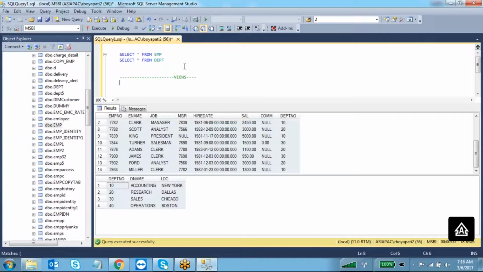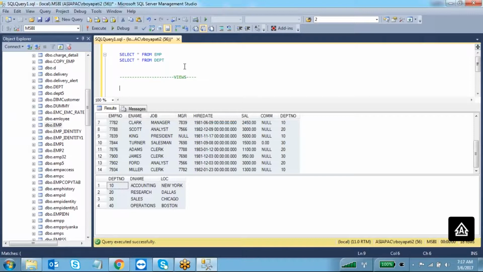A view is a virtual table. We are going to create a view by using different tables, and whatever columns you are expecting, we include those columns inside the view, and instead of using those tables, you can use this view as a table.